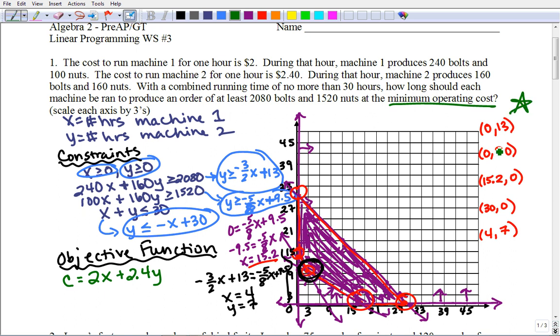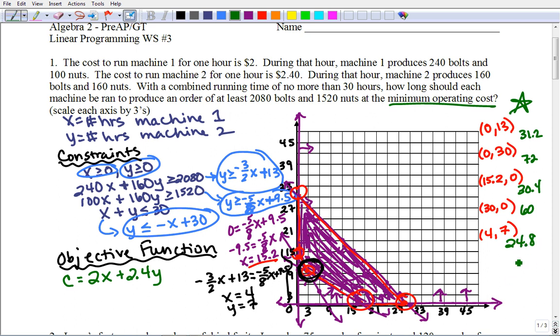If I plug in the point 0, 13 in for x and y, I'll get the value 31.2. If I plug in 0 for x and 30 for y into my objective function, I'll get 72. If I plug in 15.2 for x and 0 for y, I'll get 30.4. If I plug in 30 for x and 0 for y, I'll get 60. But if I plug in 4 for x and 7 for y, I'll get